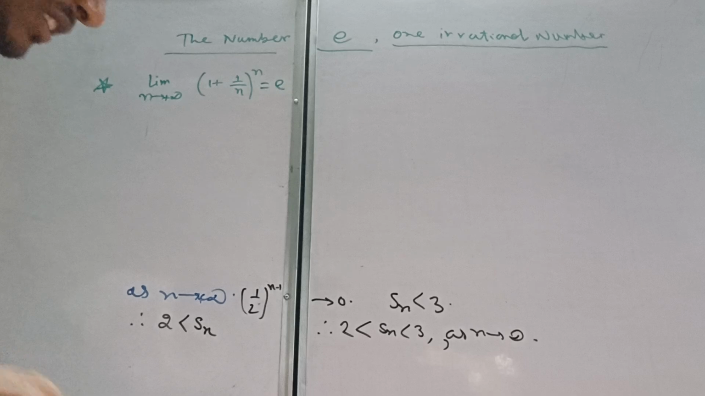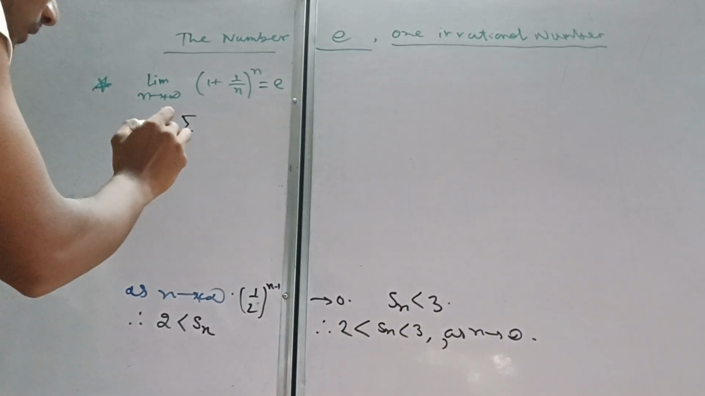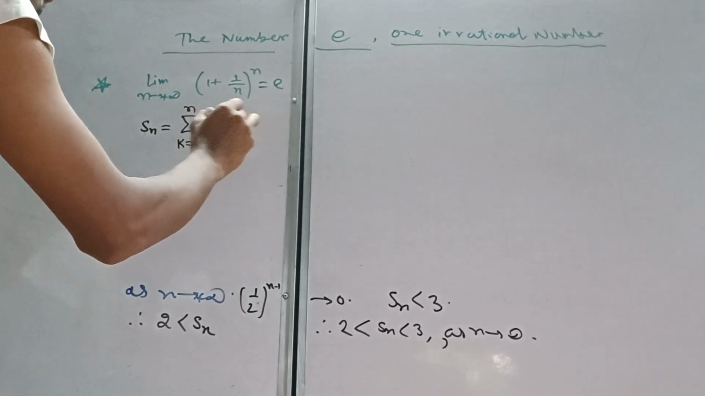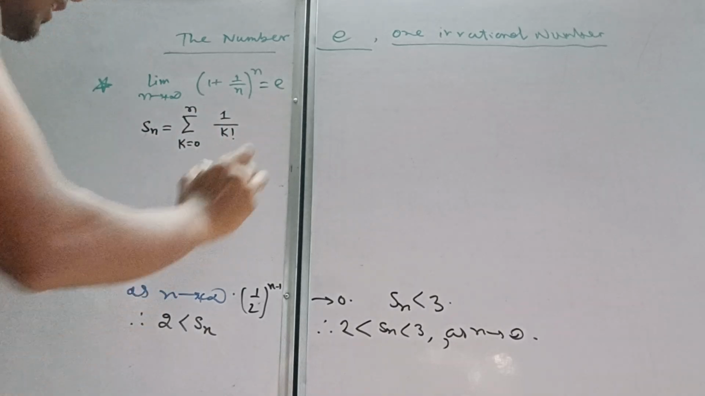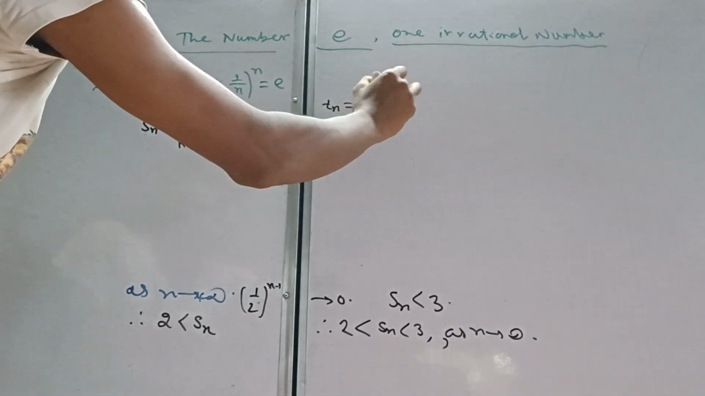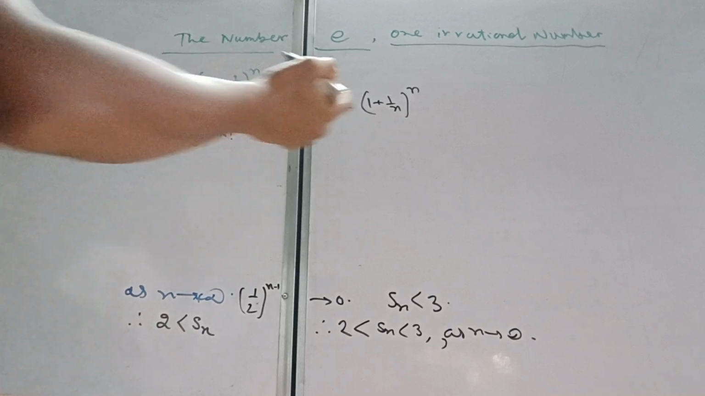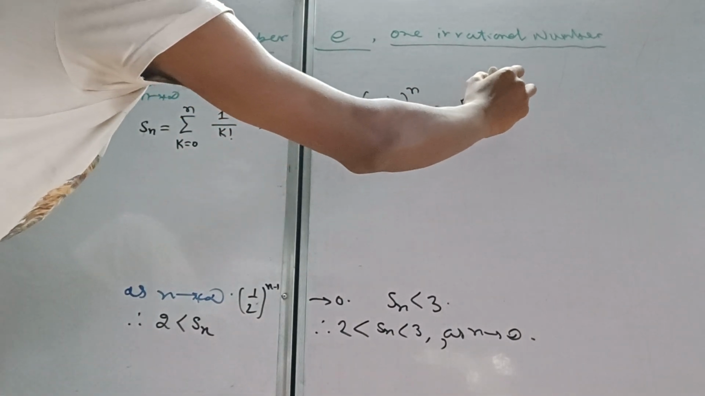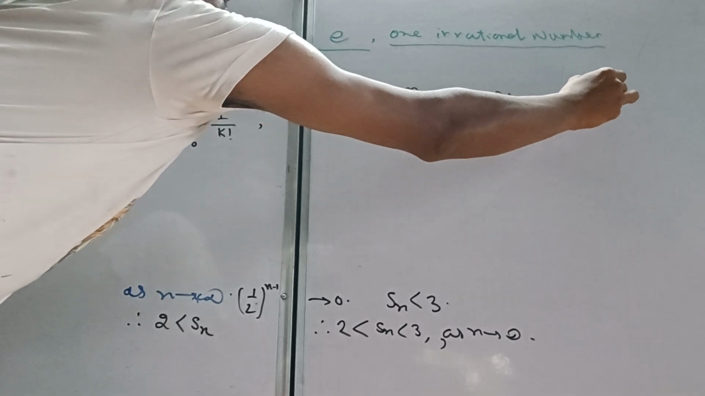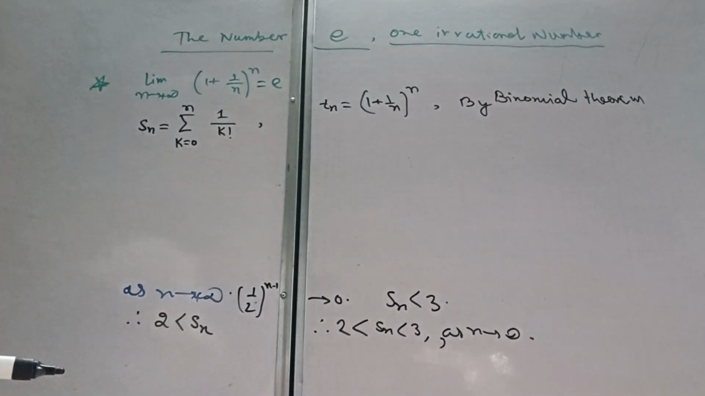Then we write Sn equal to the sum from k equal to 0 to n of 1 by factorial k, and Tn equal to (1 plus 1 by n) whole to the power n. Then by the binomial theorem,